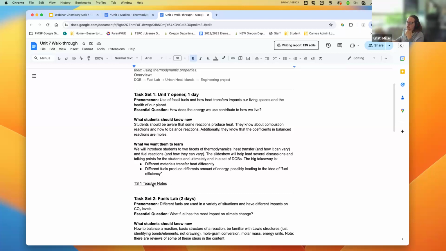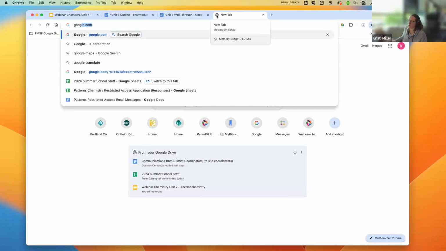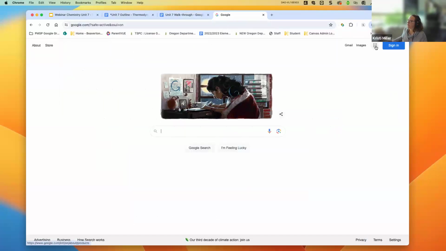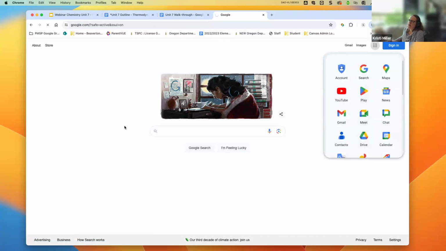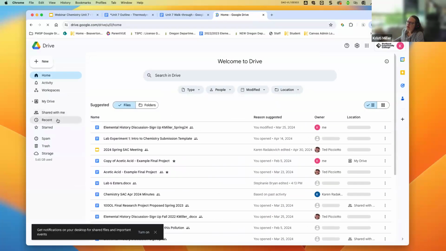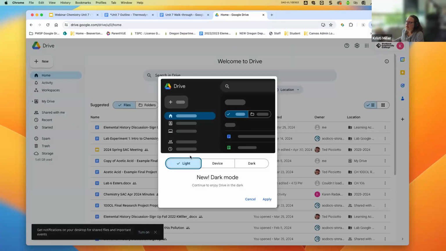Now, if you click on the teacher notes and it says restricted access, what that means is you will need to fill out a Google form where you're requesting access to our restricted folder. The restricted folder, I'm just going to show you right now, just while I have you here as a captive audience. The restricted folder and the open access folder are in,